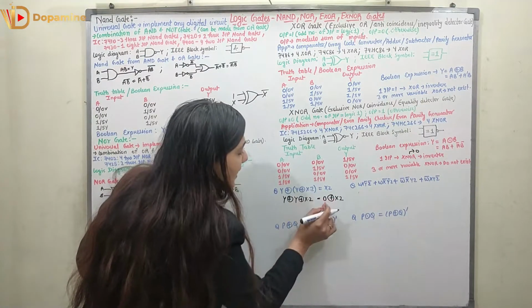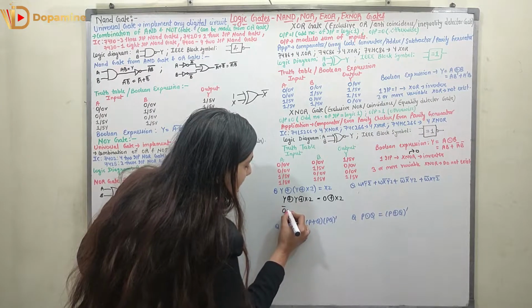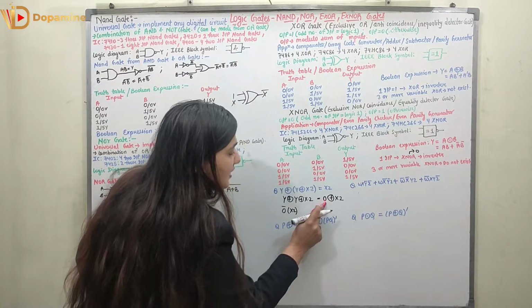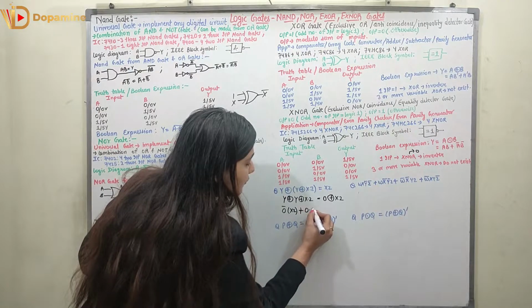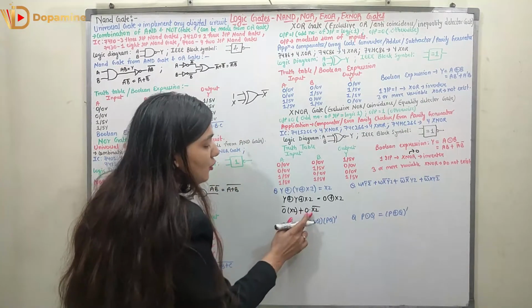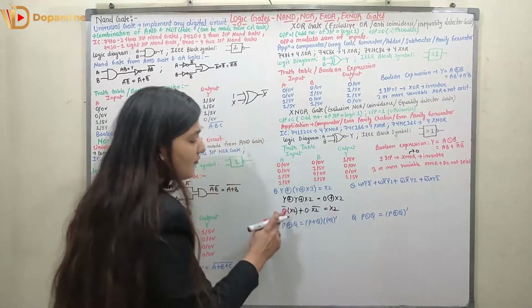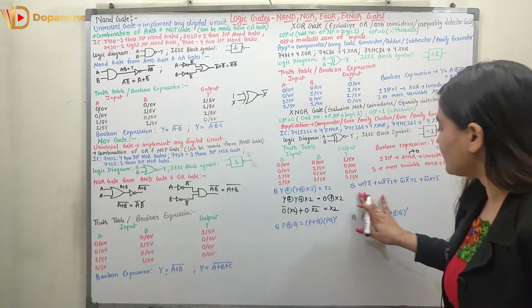So if one of the inputs is 0, how am I going to write this equation? It is a bar b plus a b bar. So a bar, 0 bar is 1, multiplied with xz. I am going to open this: 0 XOR XZ is 0 bar into xz plus 0 into xz bar. 0 multiplied with something is 0, 0 bar is 1, which is xz. 1 into xz is xz. So this is proved. Right, now coming to the second question.